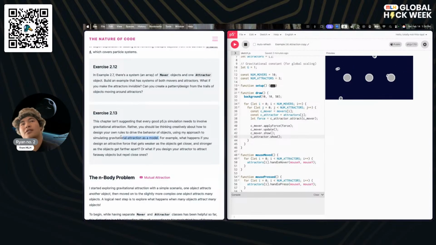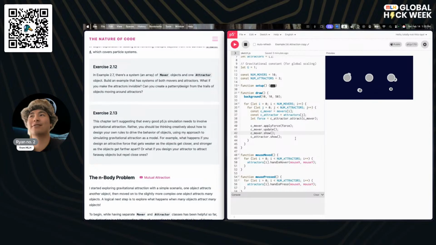Well, okay. So I think the author is saying here that we can make our own rules for our simulation. And so if we wanted to, we can make it so that if they get further apart, the gravity force gets stronger instead. So let's go ahead and try doing that. I don't know how that's going to affect this animation, especially since we have three of them. I think it's going to make a lot of slingshotty kind of things.